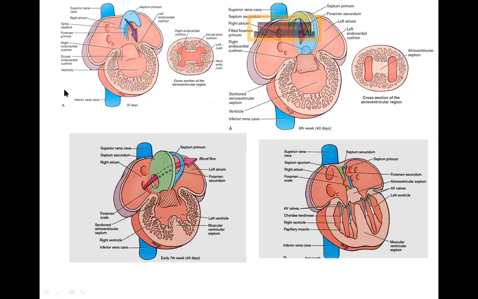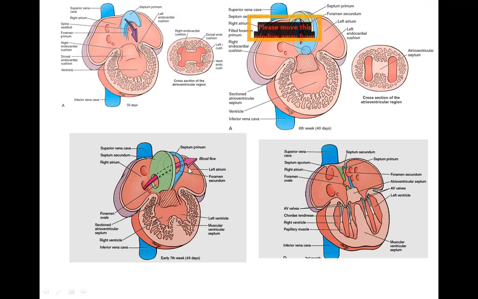So this is just a summary of how the septum is being formed. Firstly, there is a crescentic septum primum, which is formed by the growth of the inner wall of the common atria. This is crescent in shape. It has got two limbs, anterior and posterior. There is a formation of ostium primum. Then finally, it is growing towards the endocardial cushions. Before it merges with the endocardial cushion, there is a programmed cell death in its upper part,